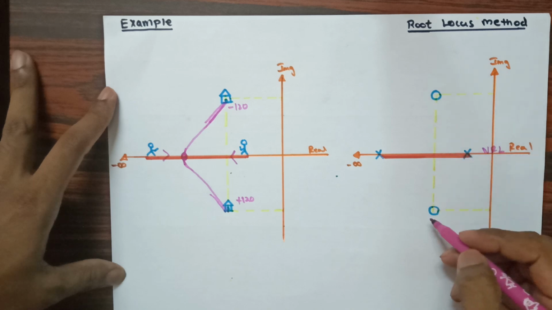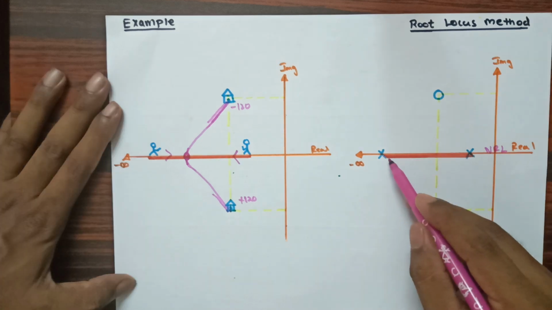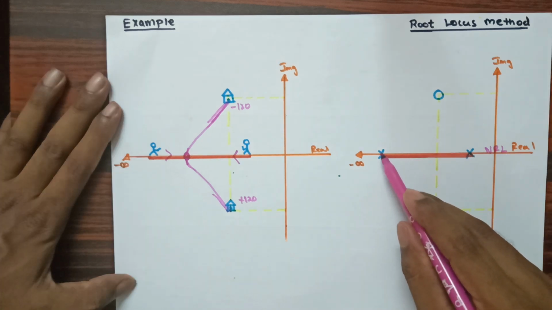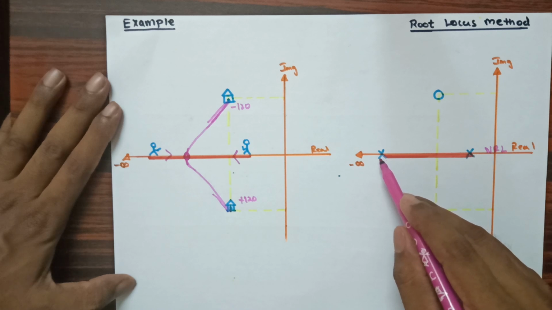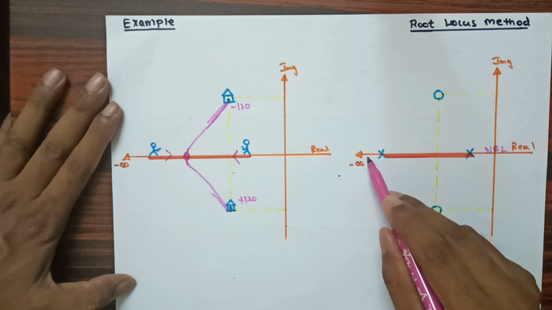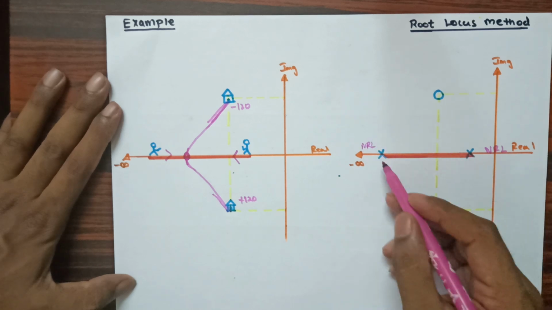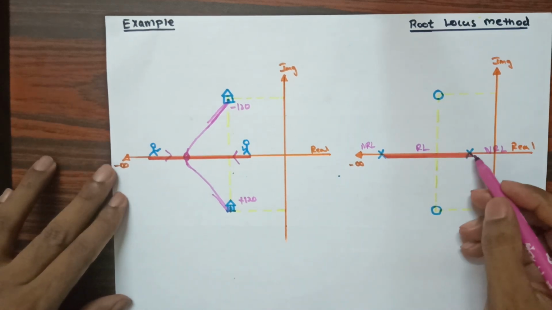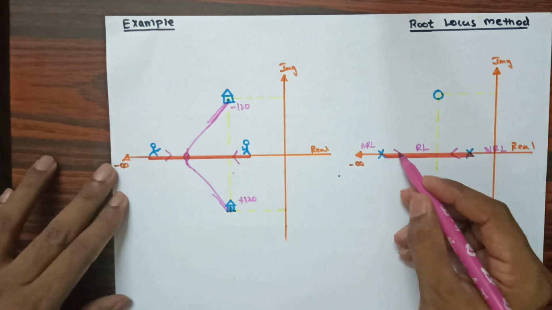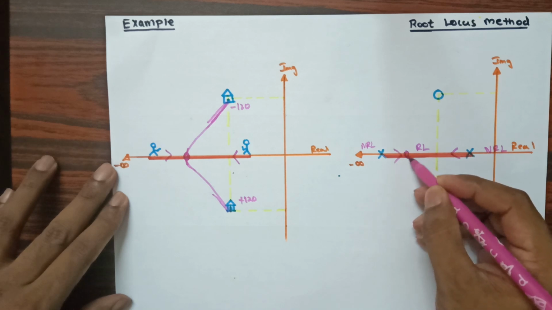In between you can see I am getting two complex zeros, but I am not going to count them. I will be continuing the root locus path for the next count that you can see on the x-axis. You can see that on the real axis I am getting the second pole, that is count 2, and 2 is an even count. Next till infinity I am not getting any count, therefore I am going to consider this as a no root locus path till infinity. From here to here it is a root locus path. So now as we know, this pole will move in this direction and this pole will move in this direction. Now they are going to meet at one point. I am providing a point here, the breakaway point.